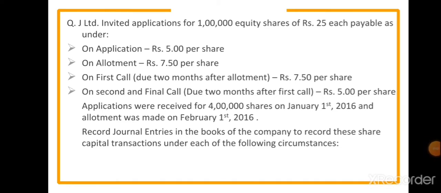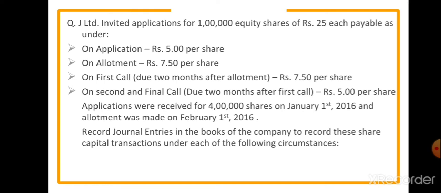J Limited invited applications for 1 lakh equity shares of rupees 25 each, payable as under. On application, rupees 5 per share. On allotment, rupees 7.50 per share. On first call, which is due after 2 months after allotment, it is rupees 7.50 per share. And on the second and final call, which is due 2 months after the first call, we have rupees 5 per share. Now, applications were received for 4 lakh shares on January 1st, 2016, and allotment was made on February